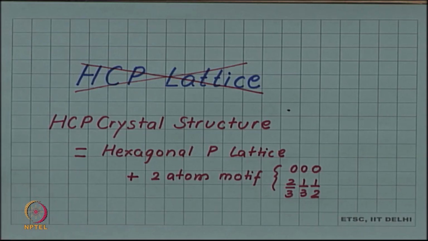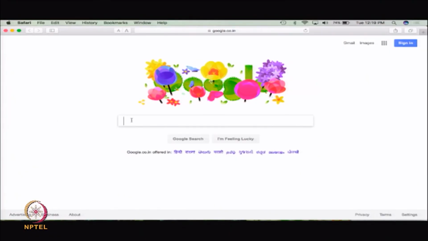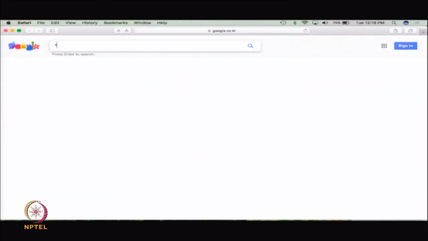So, let us try to look at what Google gives us for this phrase. Oh, so this is Google celebrating Persian New Year. So, happy Nowruz to all of you, and let us now do an exact phrase search for